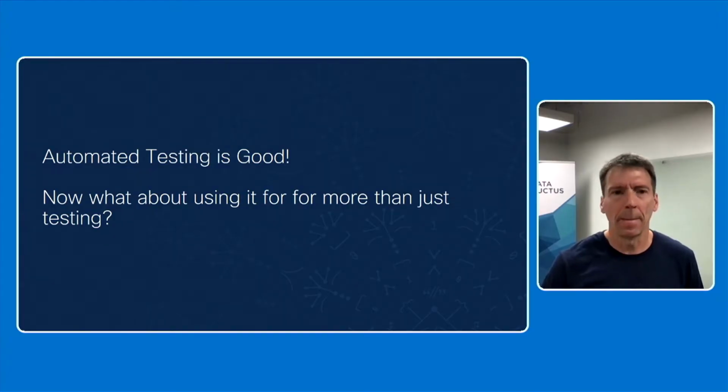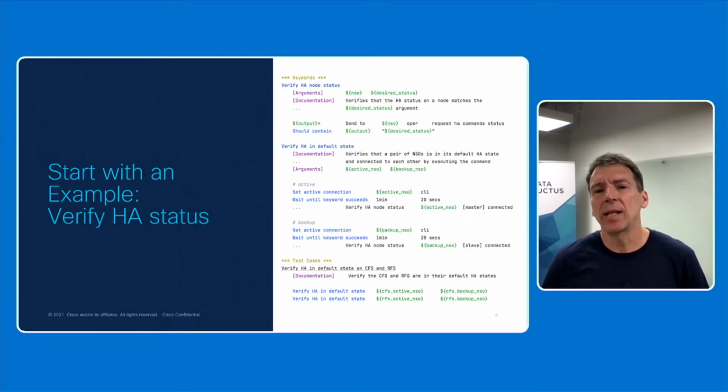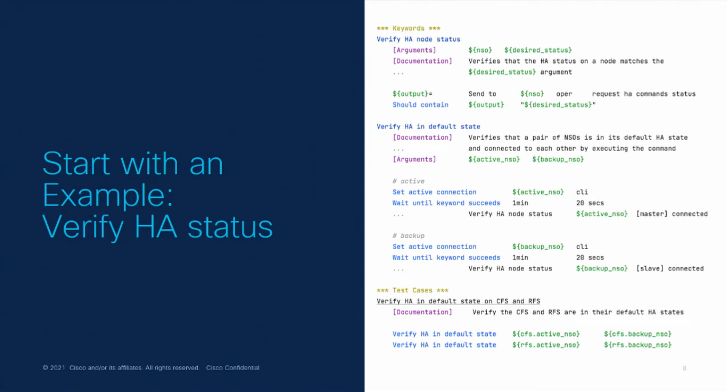So we've established that automated testing is good. Now how do we use it for more than just testing? Well, we'll start with an example: verifying the HA status. This is something that I've done a few times in NSO projects, and here is an example. It's a little bit of a streamlined example for demonstration, but it's largely functional, and it shows you that